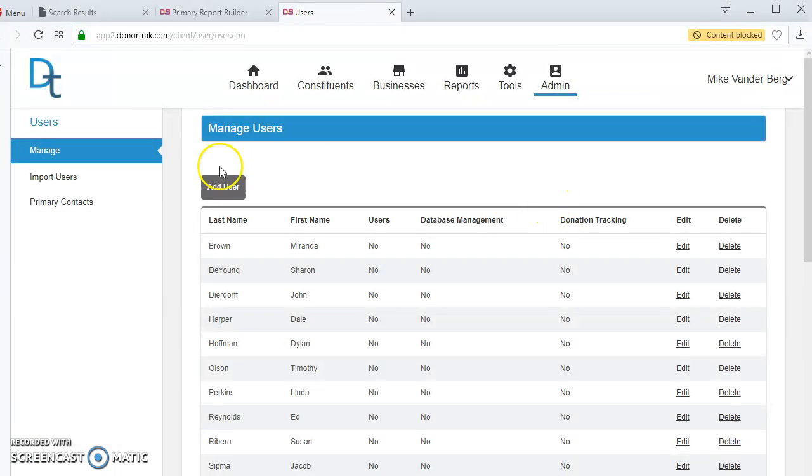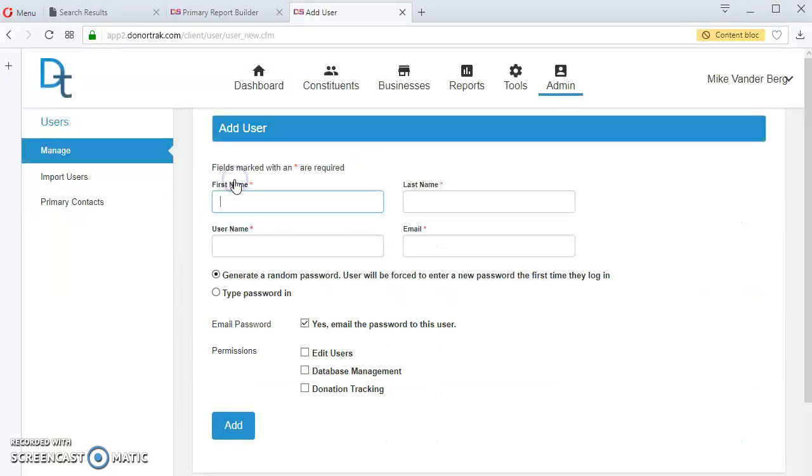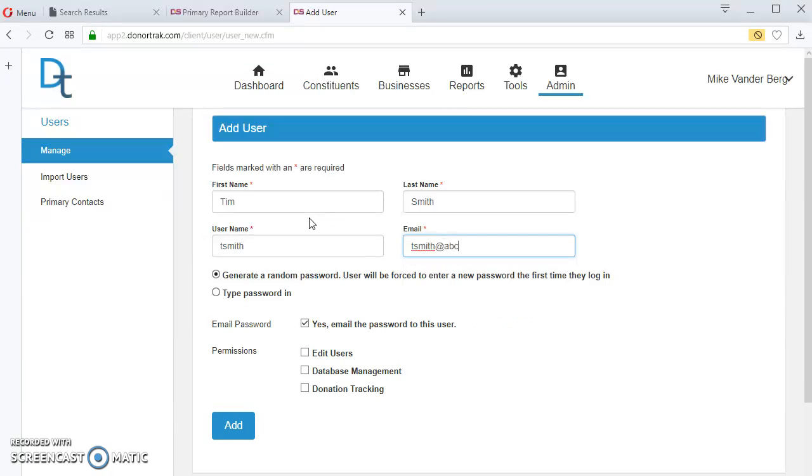Users, this is where you can add in your users or manage your users. You can import those if you like, but typically in Donor Trak, you don't have a lot of users, so I don't know that I would worry about that. Users are the ones that are going to be able to log into Donor Trak and actually use the software. So to add in a brand new user, we can put in their first name, their last name, their desired username, their email address,